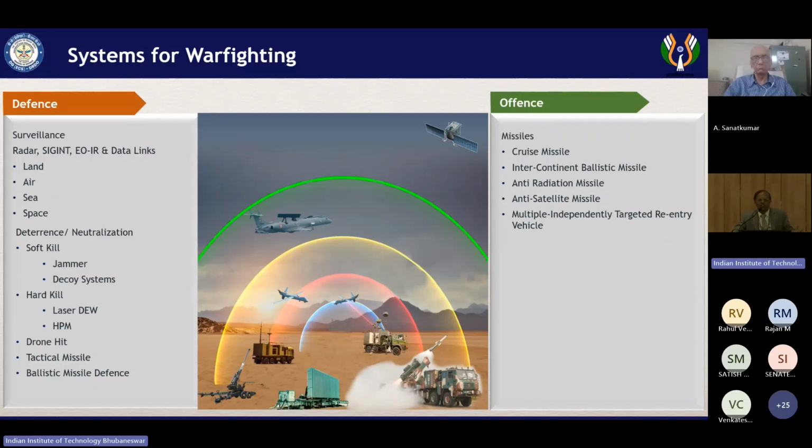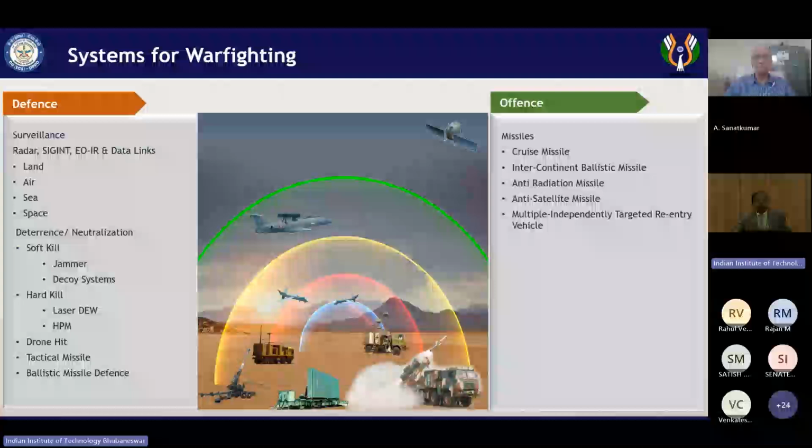Because in Sindoor, long range was not needed. But we have absolutely long range missiles as well, which can intercept and protect. So there are varieties of layers of defense to protect the country against the attack. So these are all called the defense part of it. If the country has a strong defense, like people talk about the Iron Dome of Israel, or the Golden Dome of America, or Suraksha Kavach, which we have made for India. These are all to protect our country.